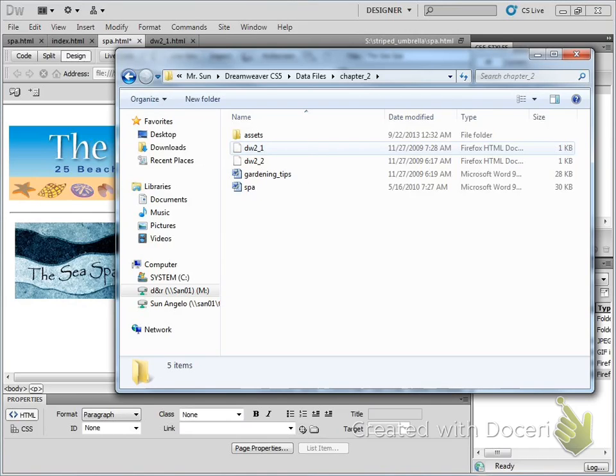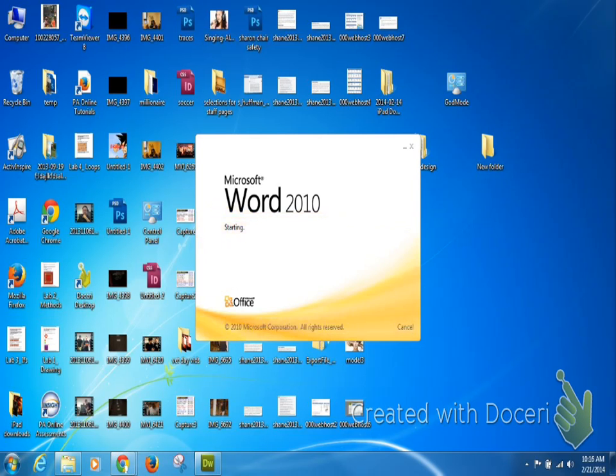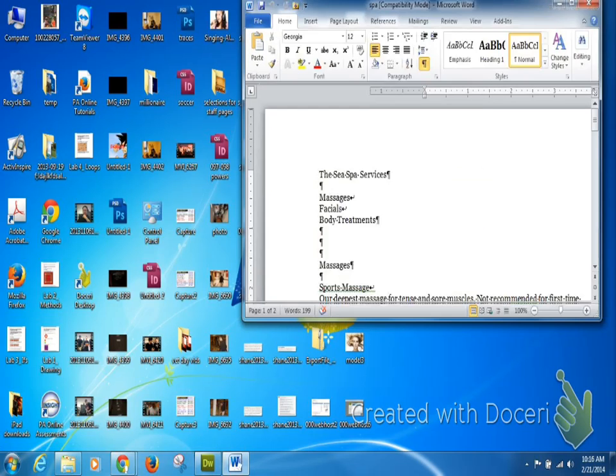In this case it's going to be the SPA page. You are going to double click on spa.doc, and that's going to open whatever you have installed. On my screen it's going to open Word 2010 because I have that installed. On yours, it's going to open some sort of document viewer. Okay? Once that is open,